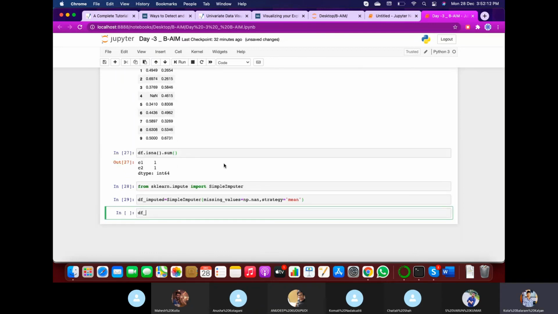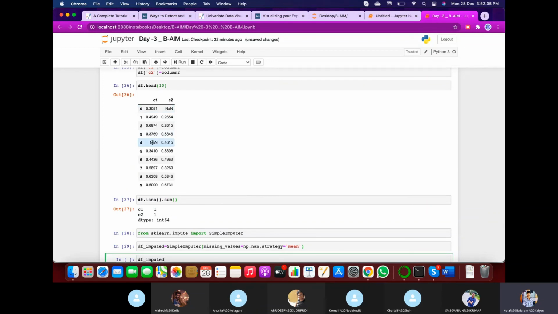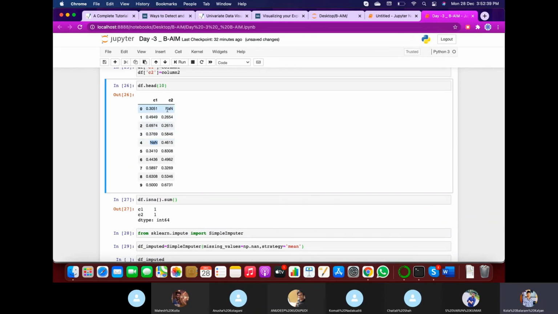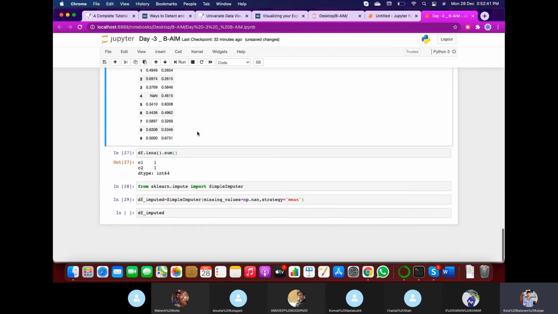So df_imputed is the model we created, which has the mean imputation predefined in it. So we need to convert the data which we have, that is this data which is having two missing values, one in column 1 and one in column 2, to be mean imputed.